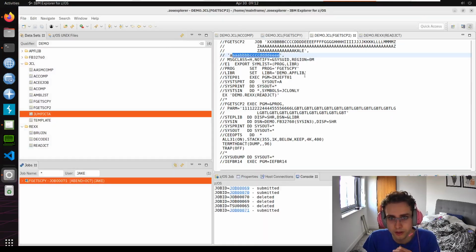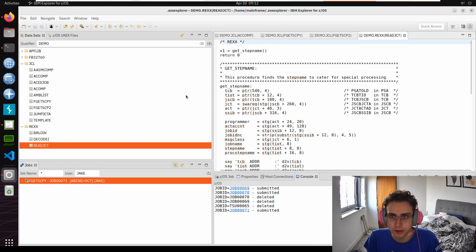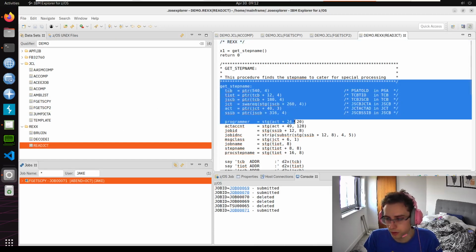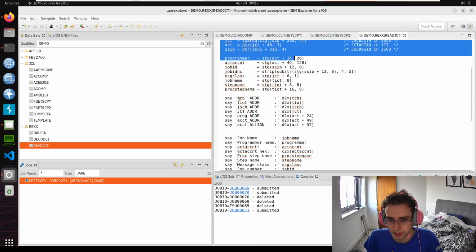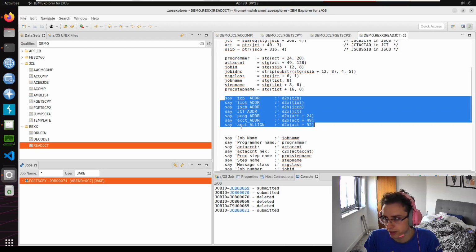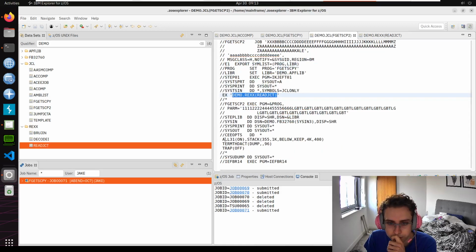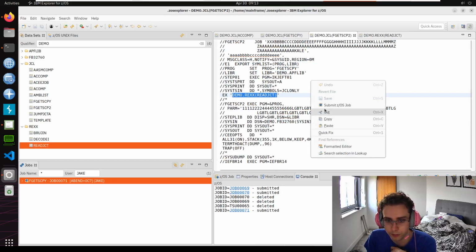And so in this program we're going to run, we can see that there's a REXX script we're going to run beforehand, which is read JCT, and all that does is it steps through all the control blocks, grabs the different addresses of all the control blocks that lead up to the account field and the programmer's field, and then outputs what's inside those. So if we run this program,